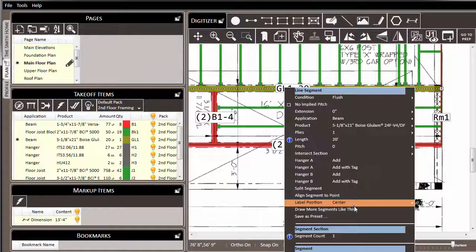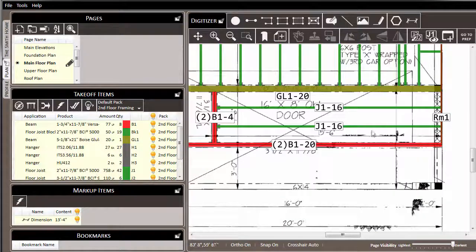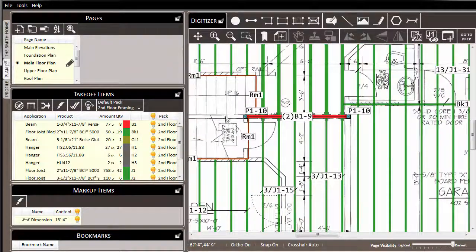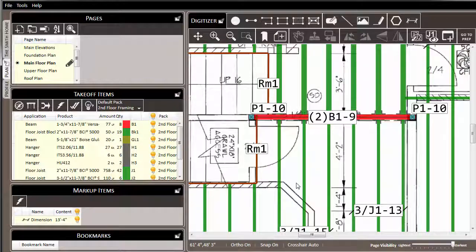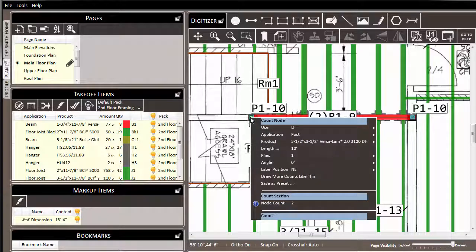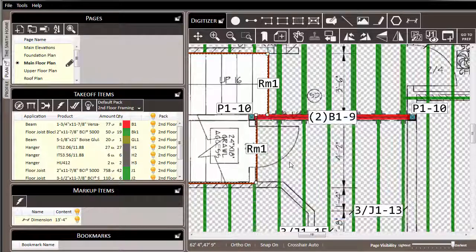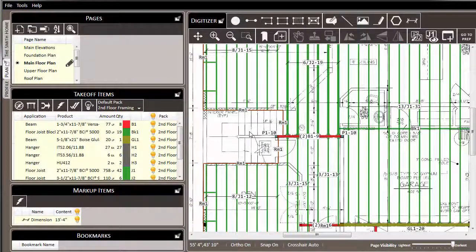So we right-click on the beam and come down to the Label Position option, and we'll choose, instead of center, left of A to B, and notice the label shifts downward, giving us a better view of the hangers. In a similar fashion, we can adjust the label for post items. Here, the label once again is overlapping the joist and hanger, so we can right-click on it, go to Label Position, and instead of it being in the northeast corner, we'll set it to the northwest corner. We make that selection and the label shifts to that side, giving us a better view of the material in